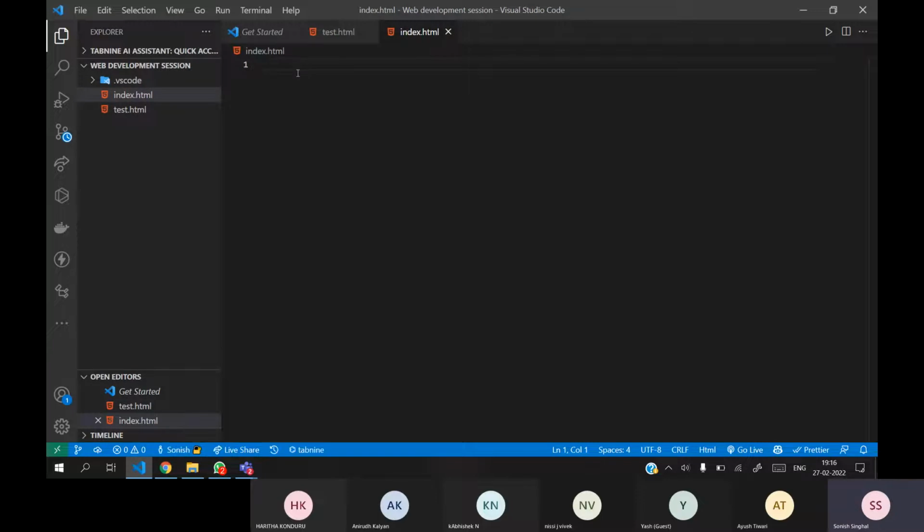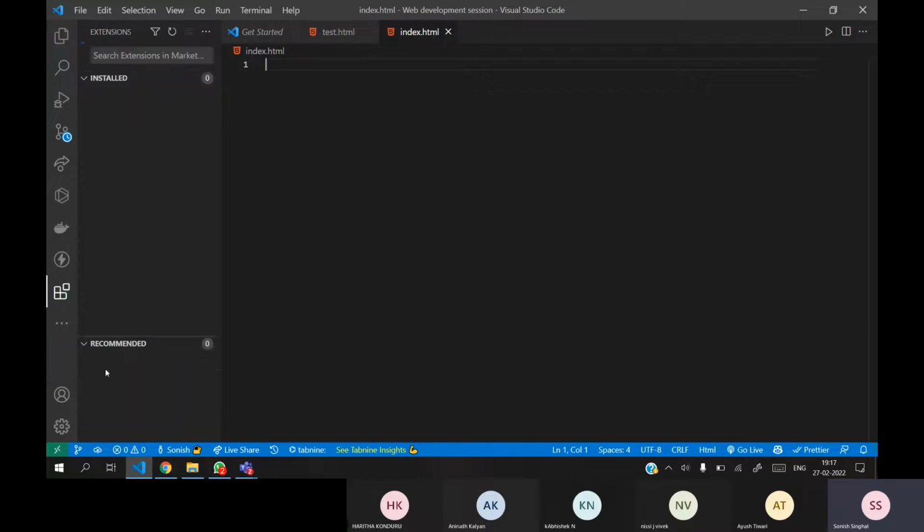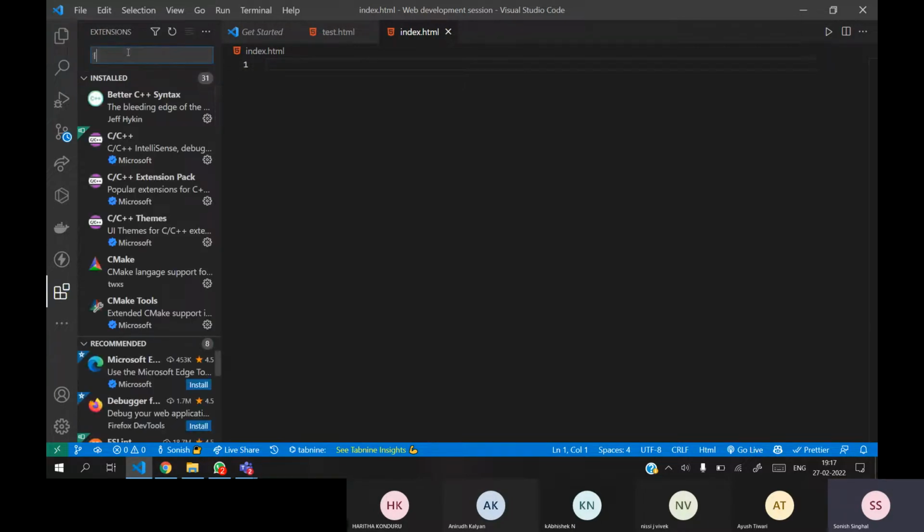So why are we using VS Code? Basically there are some advantages of VS Code. Here we can use many extensions and many styles also, and it is much easier to work in VS Code as compared to other editors. You can also code in Notepad as well, but we have multiple advantages with VS Code. First of all, you need to download one extension called Live Server.